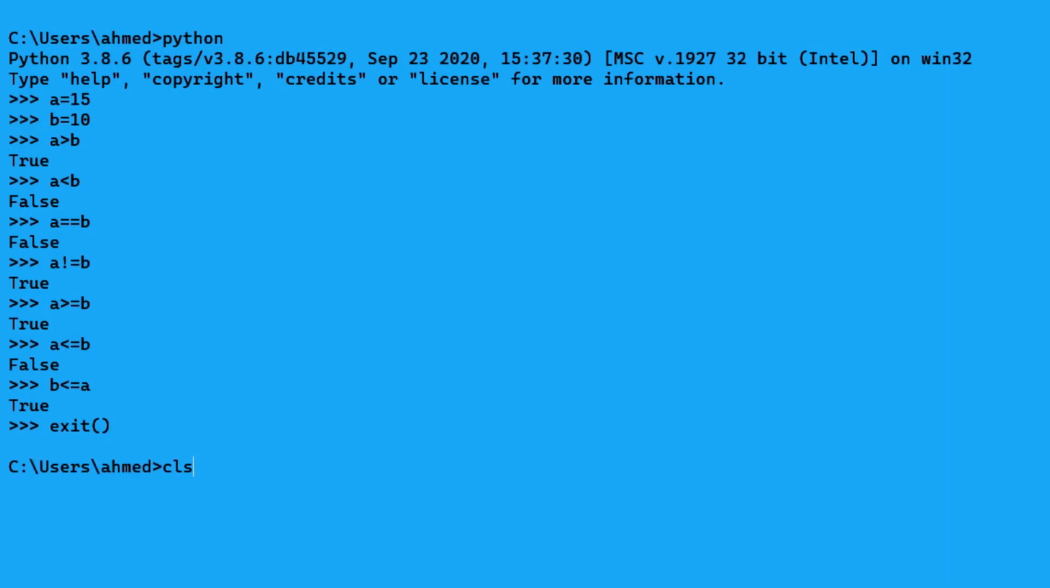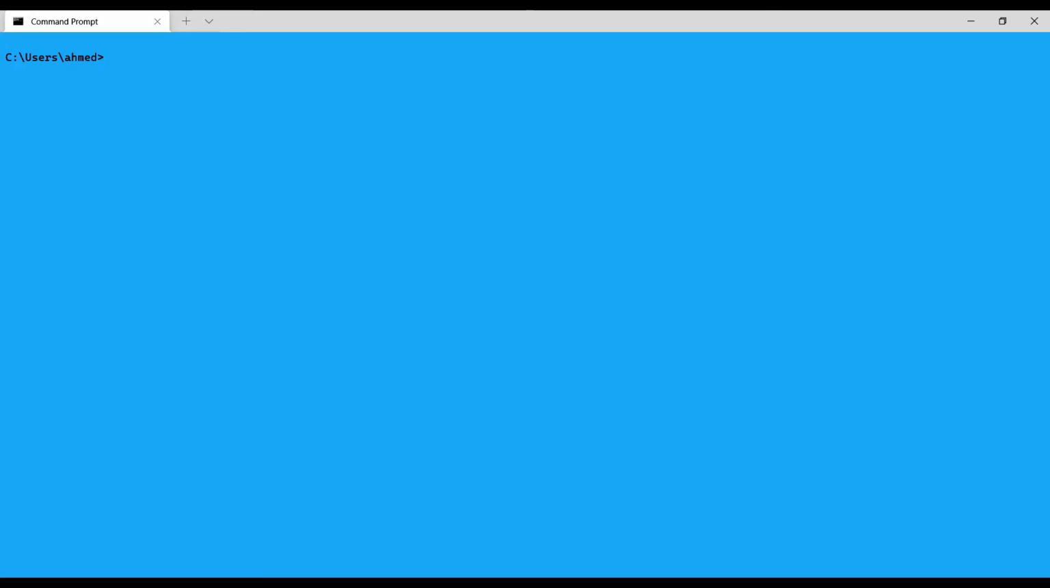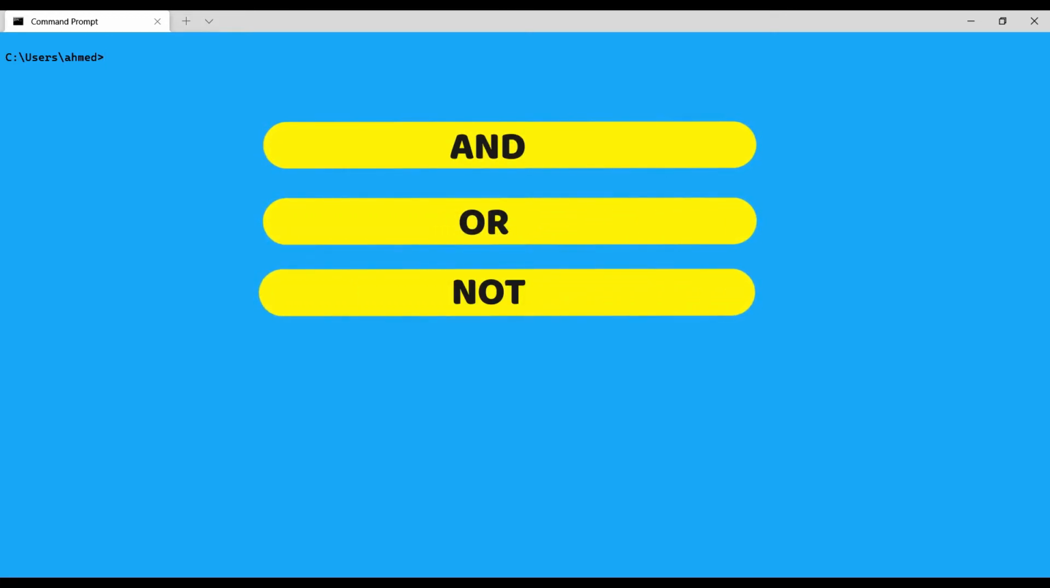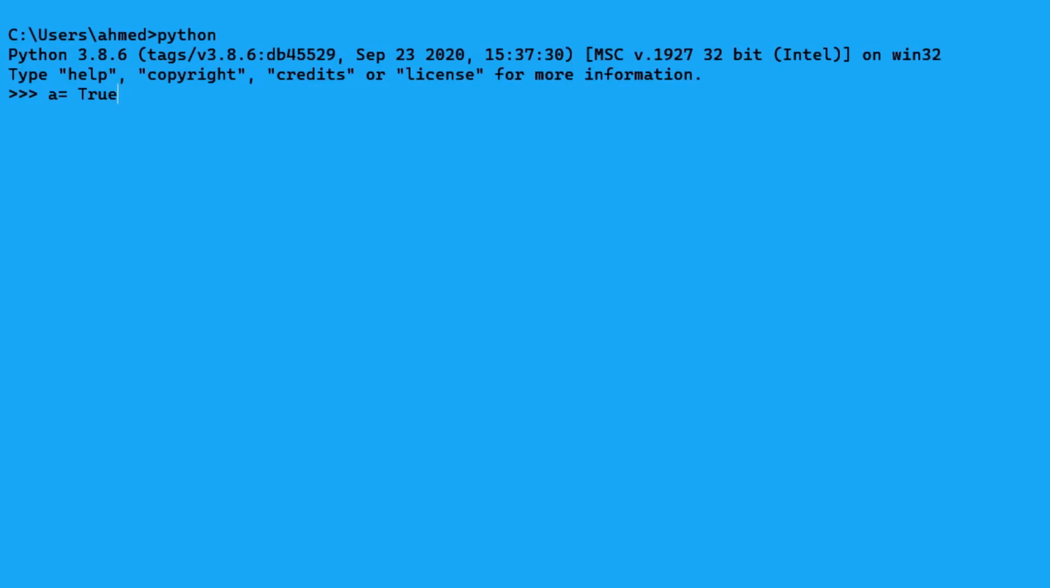And now we will move to logical operators. The logical operators perform logical AND, logical OR, and logical NOT operations. For example, if I assign true to A and false to B, then A and B,